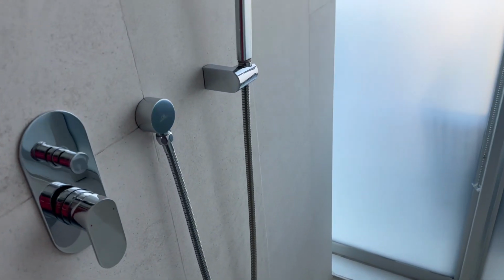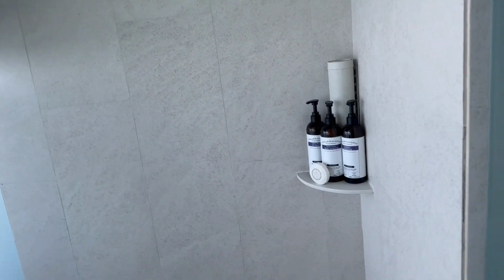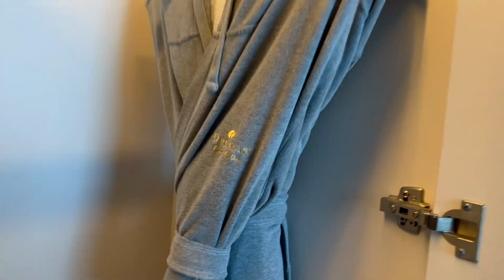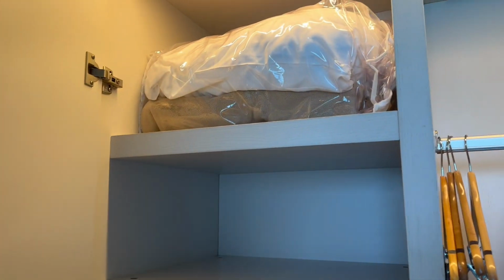The shower was a little bit smaller in the end suite compared to the honeymoon suite, but we learned to live with it. The closets here were very similar to the other room. It had the same robes, luggage stand, slippers, umbrella, and in the shelving area, it had the safe, the linen, and of course the steamer, hair dryer,